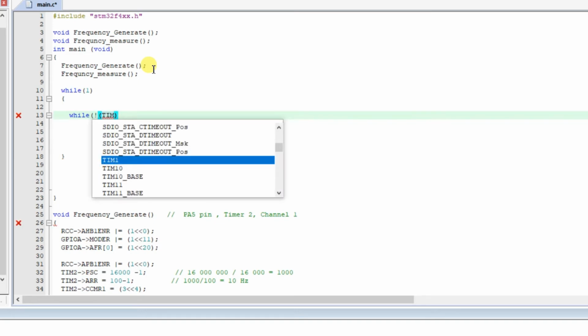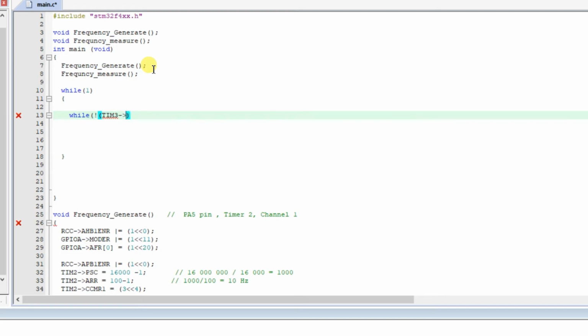So timer 3, and we will check the status register, second bit, right?